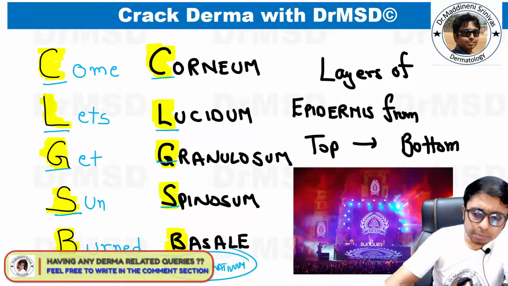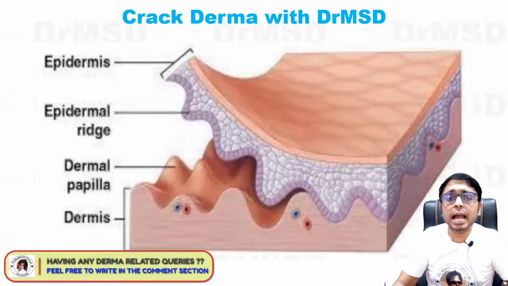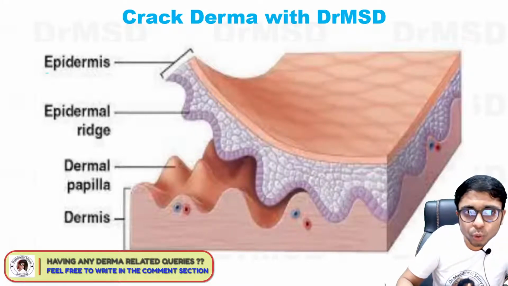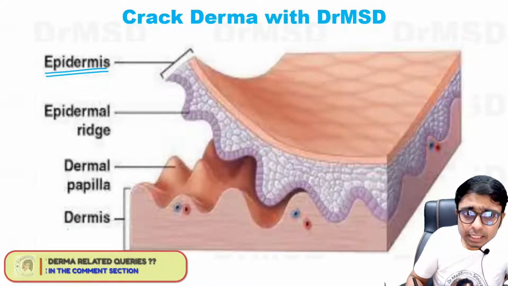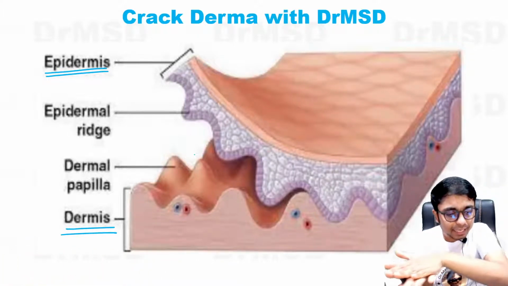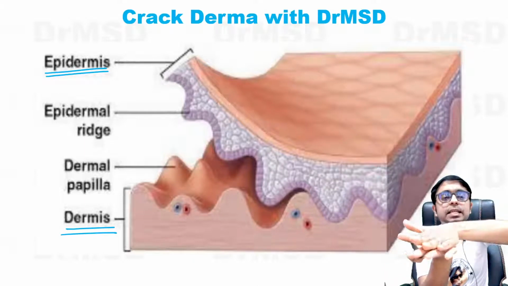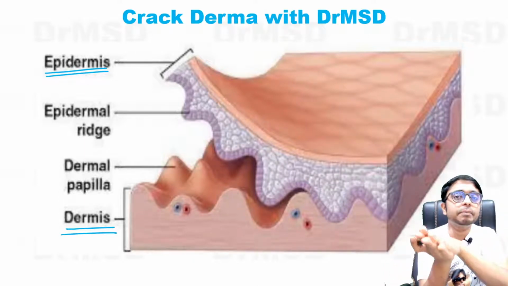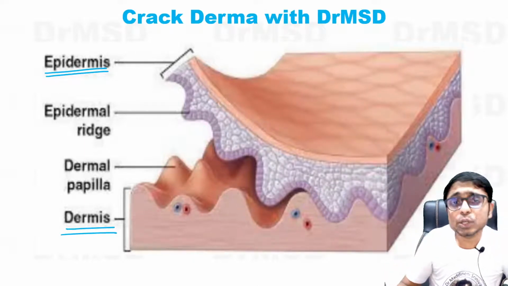It is also called as stratum germinatum. Okay, so that is one point, and this concept I hope all of you know. This is epidermis and this is dermis, and the skin is not just flat, like epidermis is placed over dermis and some glue is put between both of them. No, it is going to be